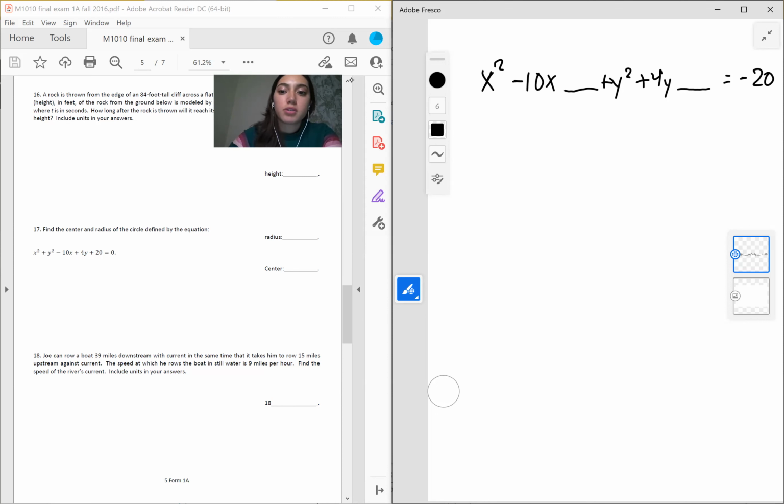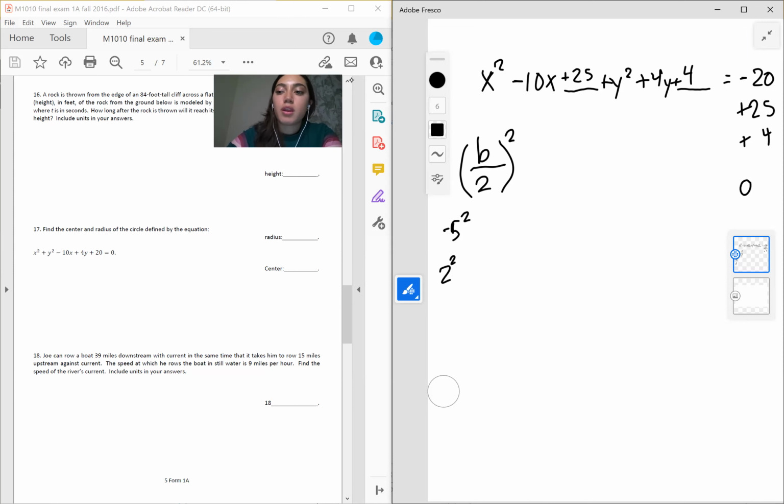All right, so in order to complete the square, you take b over 2 and square it. So half of b, and b is your second term. So half of b would be negative 5 squared, which is 25. So plus 25 right here. Then half of b over here on this side is 2 squared, which is 4. So we're going to add a 4. But since we added 25 and added 4 here, we need to add 25 and add 4, which leaves us with